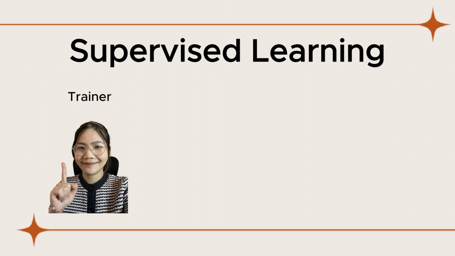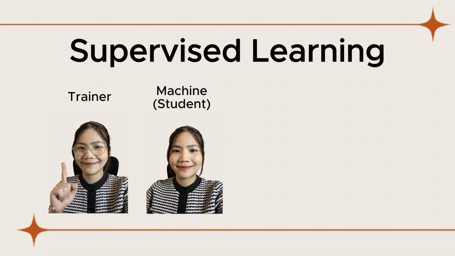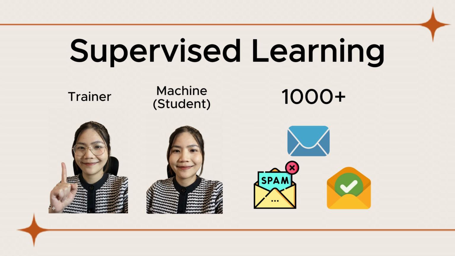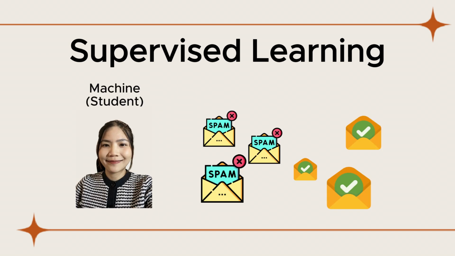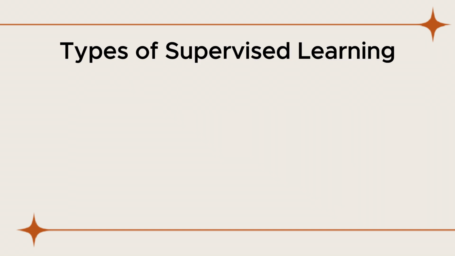Imagine you are training someone at work to sort through emails. You sit with them, you show them 1000 emails, and for every single one, you say spam or not spam. They look at the patterns, they start to recognize what spam looks like, then eventually, you step back, and they can do it without you. That's supervised learning. You are giving it labeled data, input pairs with the correct outputs, so it can learn the relationship between the two. There are two types of problems supervised learning solves.